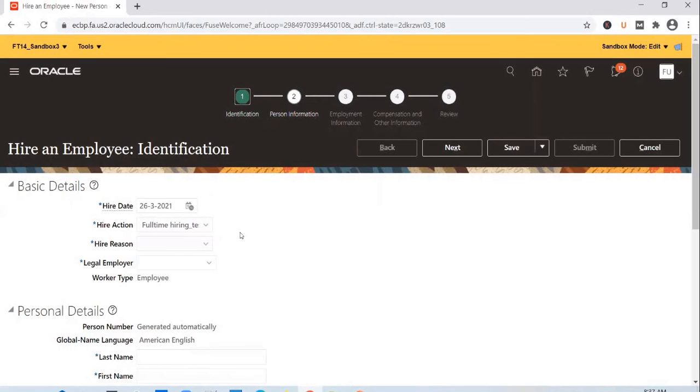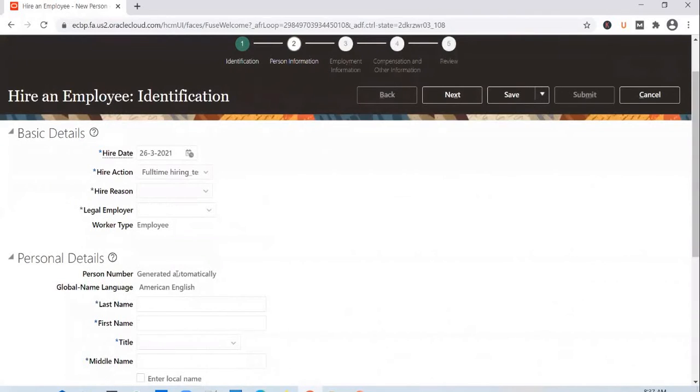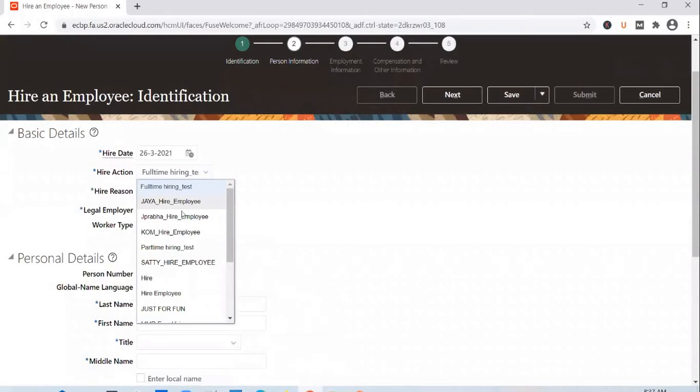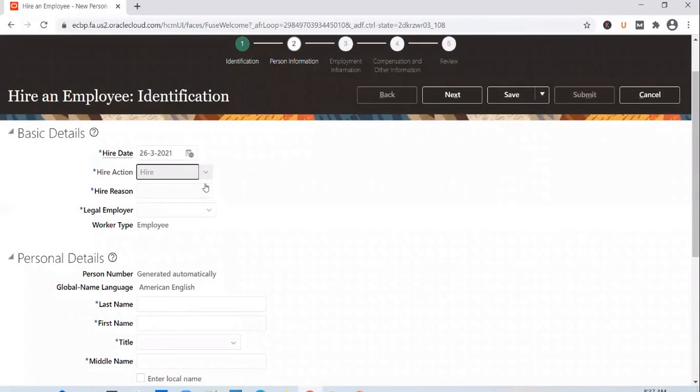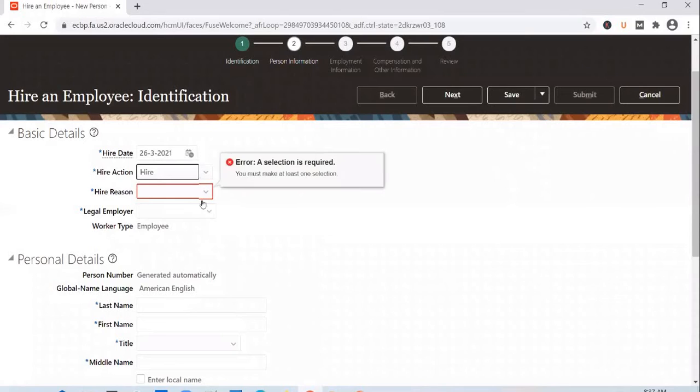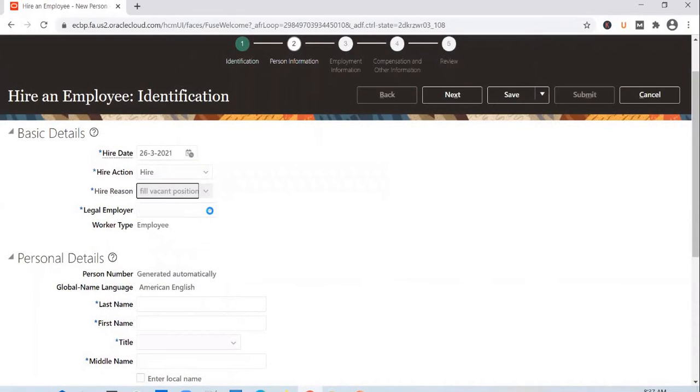So whenever you need to make any specific change on the page, ensure that you fill in all the mandatory columns on the page. Otherwise, you will be interrupted when you try to change the label. So first prerequisite is to fill in all the mandatory fields on the page before you make any UI related change. So let's fill in the details here. So let's select values for all the mandatory fields, and then we'll go ahead and change the label. Select a specific legal employer.